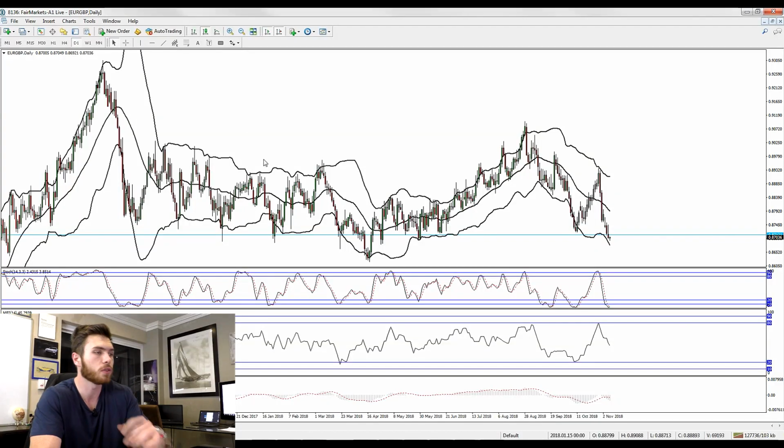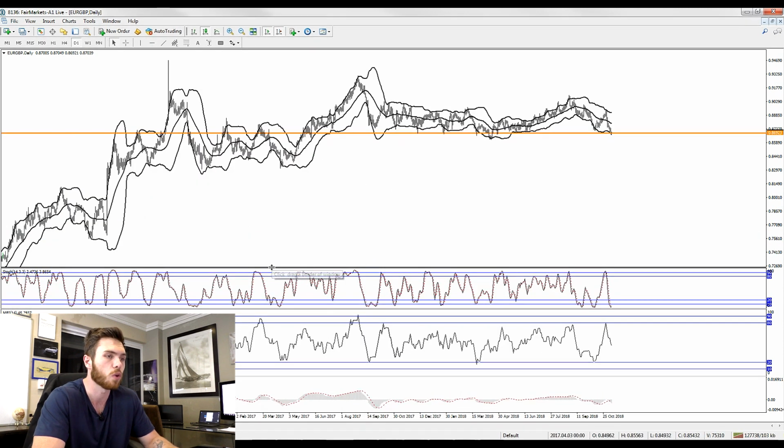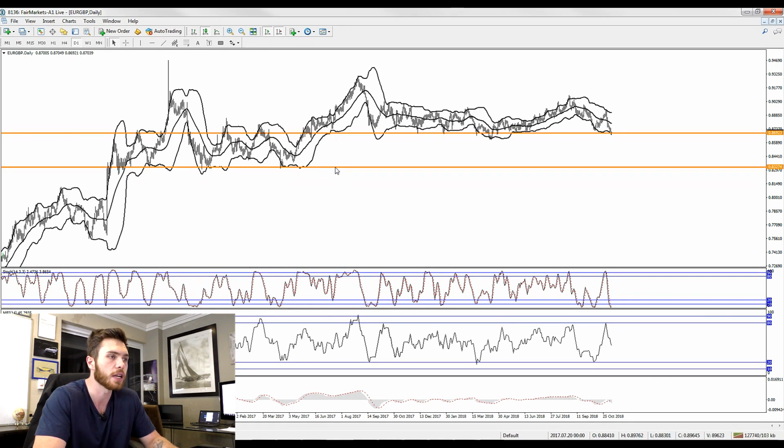But in terms of what we were looking at, I was identifying a possible range that was forming up over here between price action. Now there are two very distinct ranges that we are able to see here, where we've got a lower price range right over here where we can see price action is forming between these two levels. So you can see over here, we've got price action that's forming up really, really nicely, forming a really nice